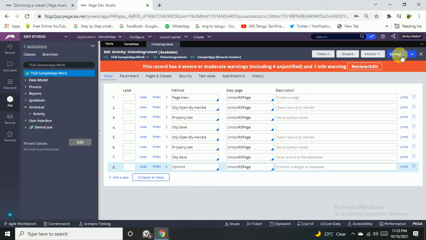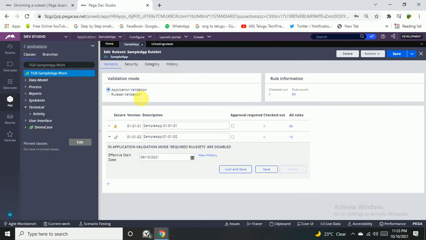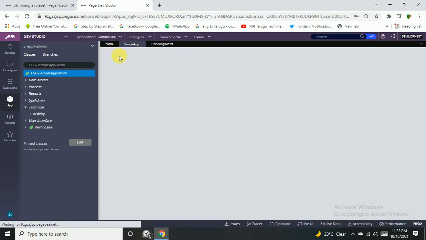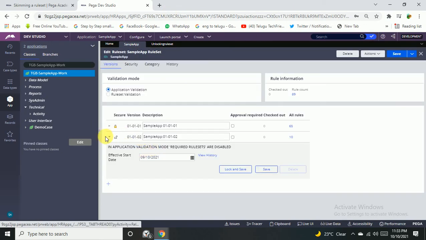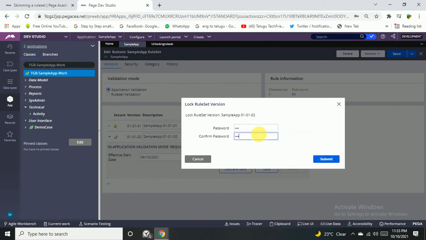Now I am saving this, and I'll simply run it. Before this, just a minute, I'll refresh it. I'll lock both versions with the password 123, set it and submit.